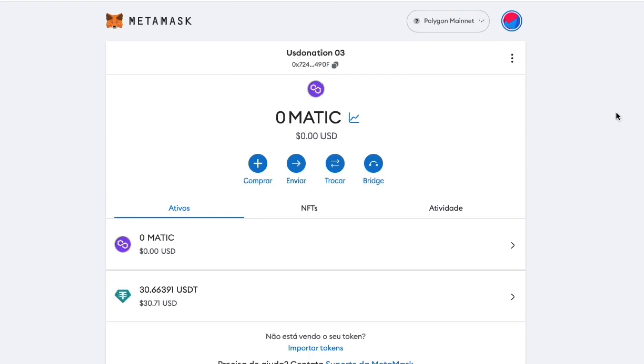Hi guys, welcome back. And as you can see, we have our money, our USDT dollar already on the Polygon